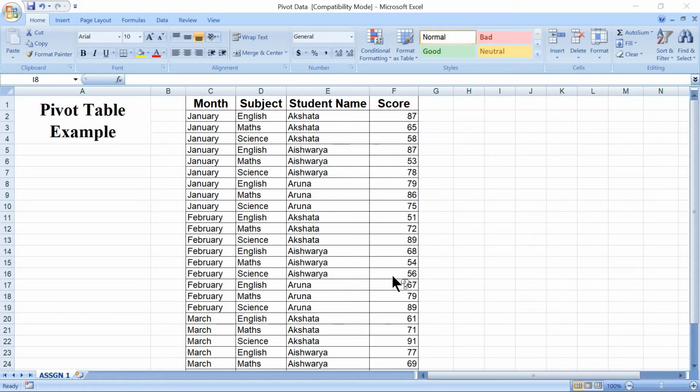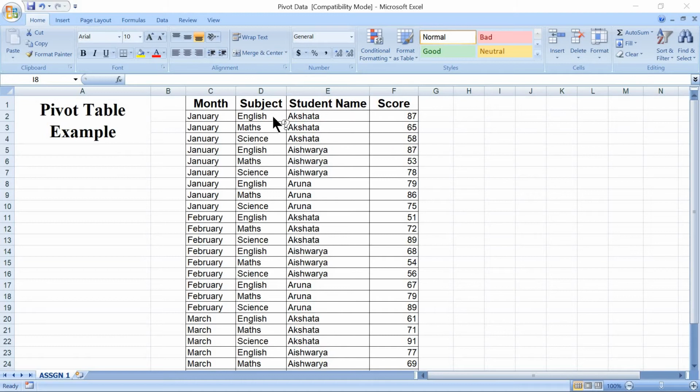Before we convert this source data into a pivot table or pivot chart, let me explain about this table. In school, every month a test is conducted for all the subjects and all the students. Right now we have taken only 3 different months and 3 different students.